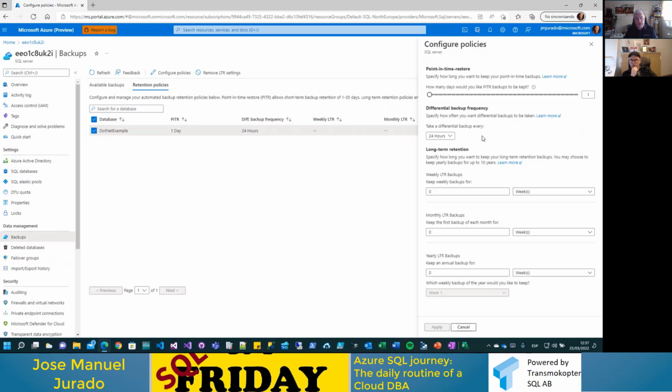When we create your database, we create a full backup, and starting from this point we have a transaction log backup every 10 minutes and a differential backup every 24 hours right now. So at the end, the size of the transaction log and differential backups will be the cost that you need to pay for the backup.